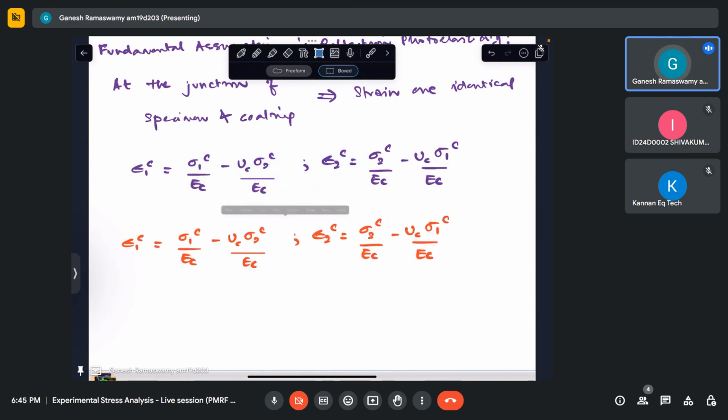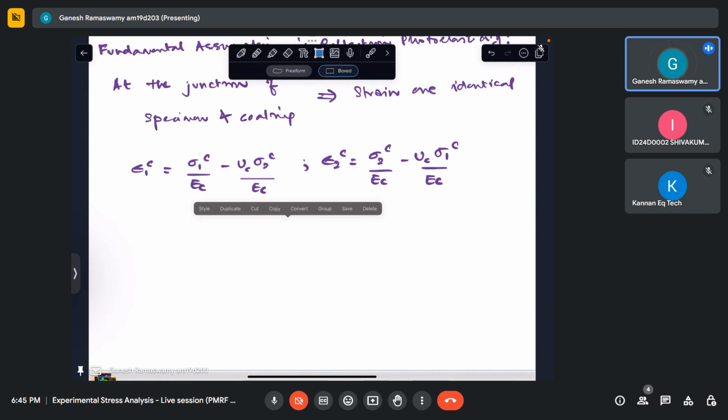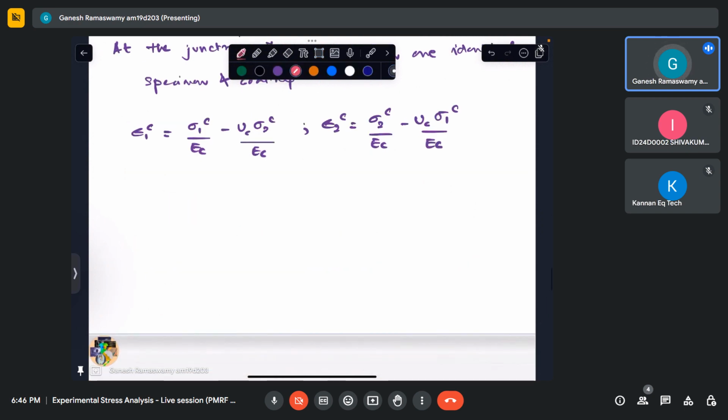This is for the coating. For the specimen, it will be epsilon 1 S is sigma 1 S by ES minus mu S sigma 2 S by ES. Similarly, epsilon 2 S is